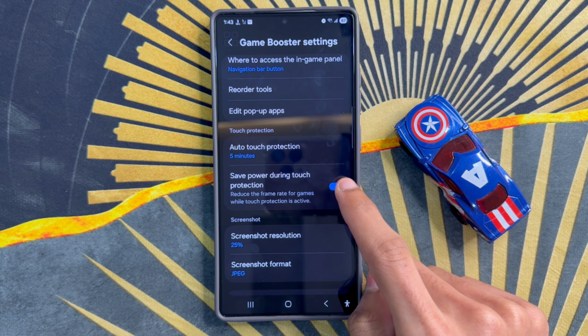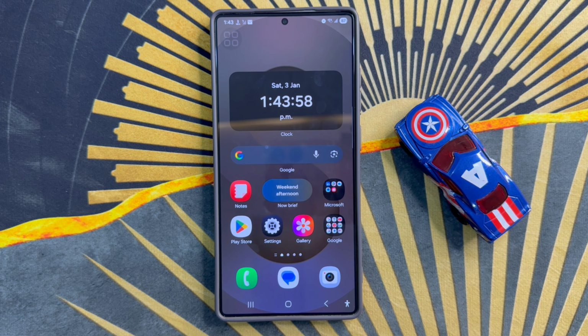So after the process, go back to home screen. So that's how you can enable or disable save power during touch protection in game booster on Samsung Galaxy S26